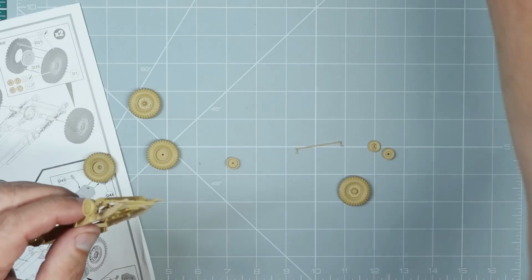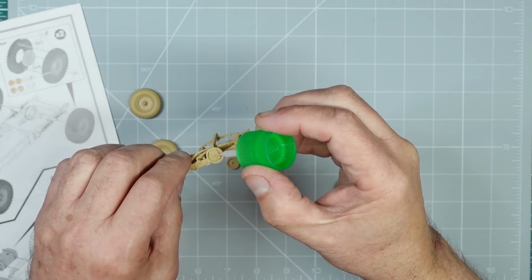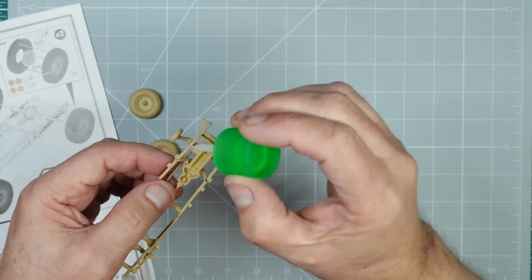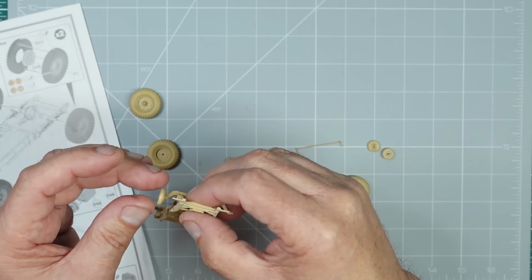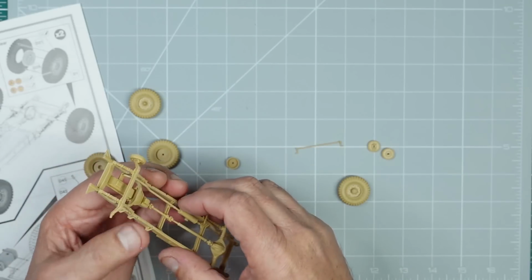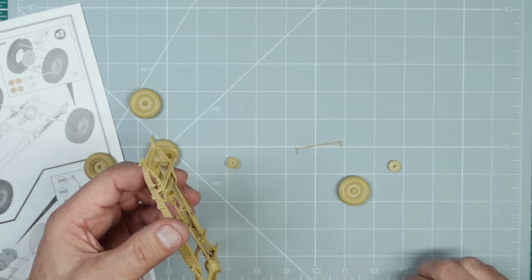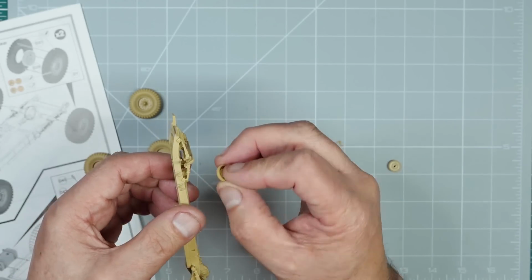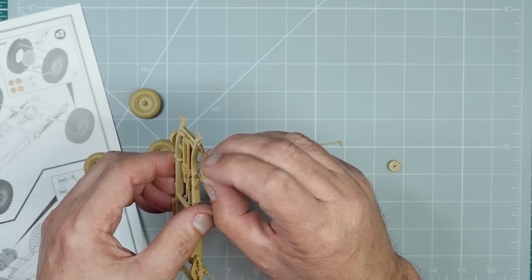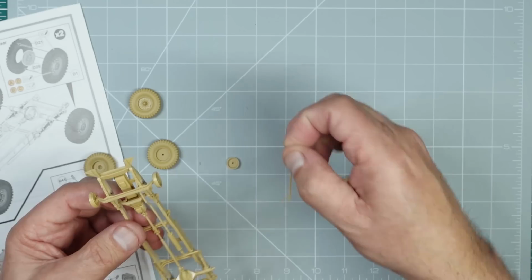So we're going to put a drop of glue on here. Okay, I'm going to put a drop on the outside as well, because we want a nice strong joint, don't we? We don't want it to go falling off. So just leave that like that quickly, and then we get the next front one, and we're going to stick that into there like so, and then